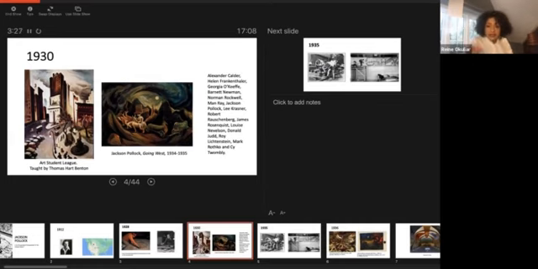So I put a list of painters to the side, which is all the people that actually went to the Art Students League in New York, which saw Twombly, Rothko, Calder, Frankenthaler. So a lot of them went through that school. So back to the general context, not to forget that in 1930, we are in the midst of the Great